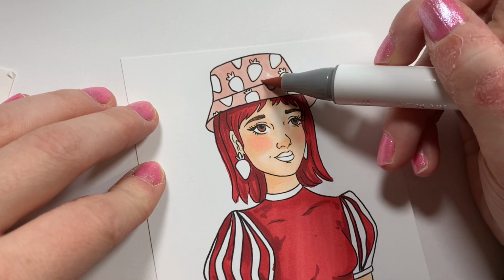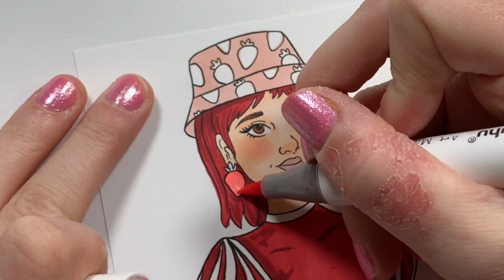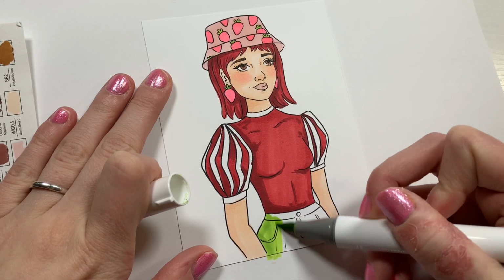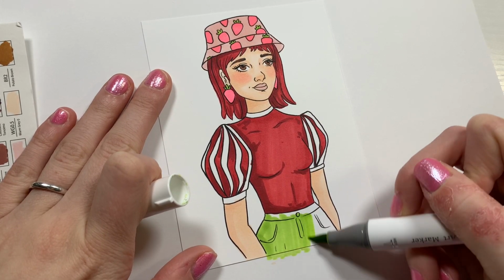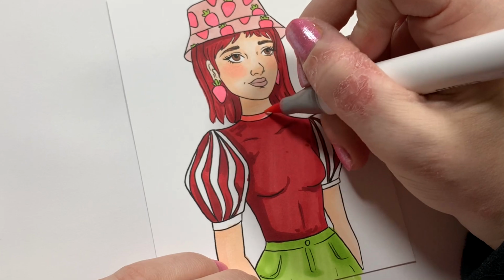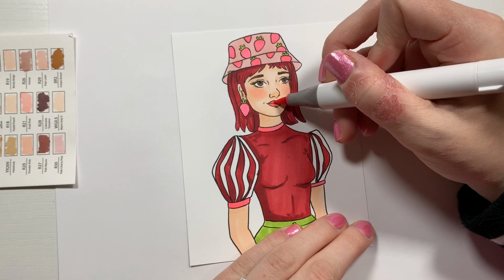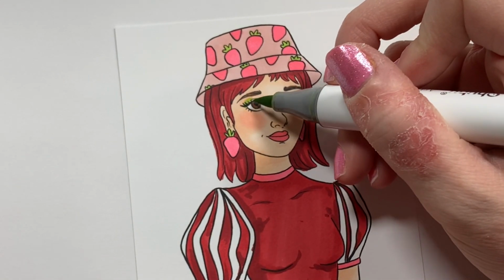and then add in strawberry little detailing as well. I went with this bright hot pink for the strawberries and added in cute little green stems, and I also made her shorts green as well, which was kind of a bold choice, but I just felt like she needed more color. And then after that, I also decided to make her lips colorful and give her a little bit